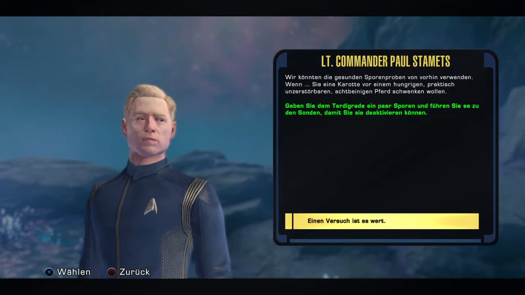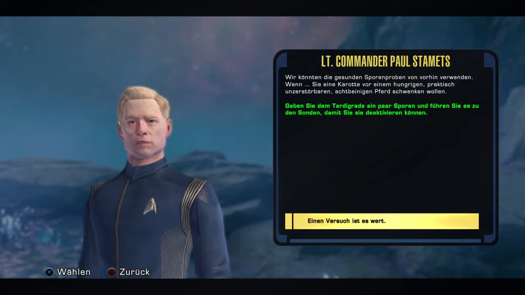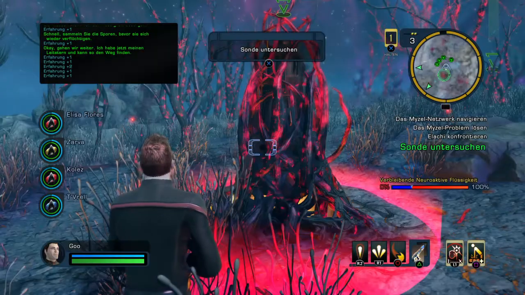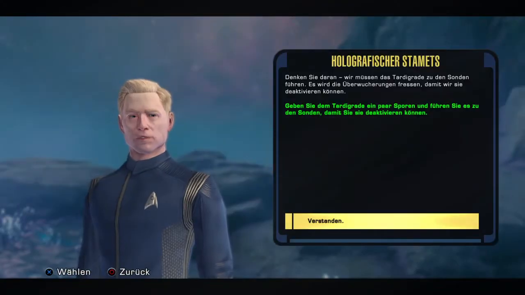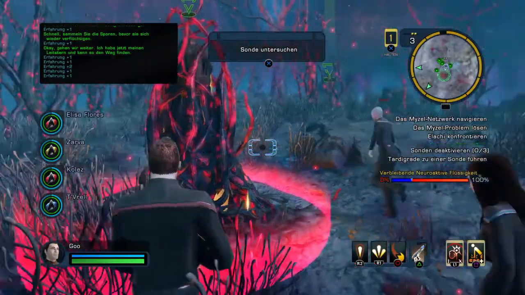I'm thinking we use the healthy spore samples we collected earlier, if you're willing to wave a carrot in front of a hungry, practically indestructible, 8-legged horse. Remember, we need to lead the tardigrade to the probes. It'll clear...